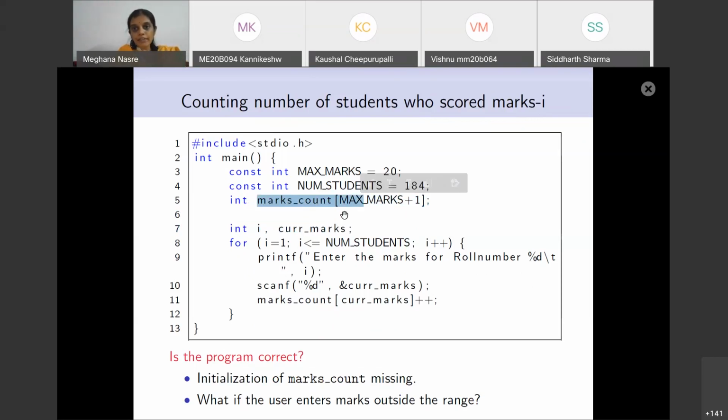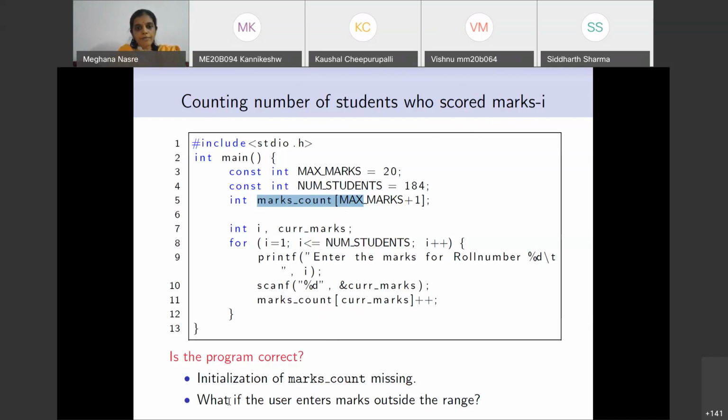But do not leave it to implicit behavior. That everything will get initialized to 0 does not necessarily happen. So do not rely on the fact that if you do not initialize a variable, it will be set to 0. That will lead to erroneous output. So yeah, this program is more or less correct.